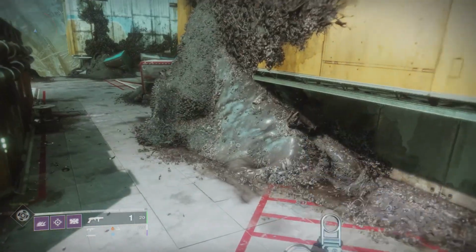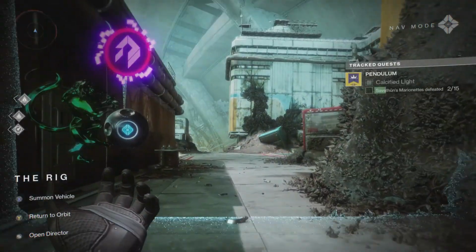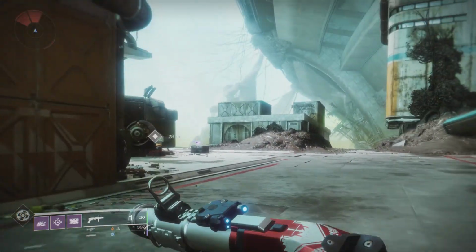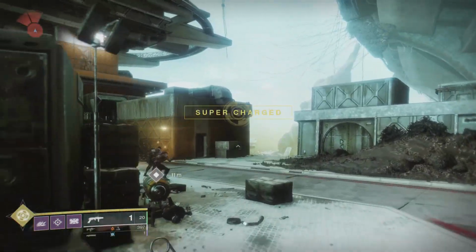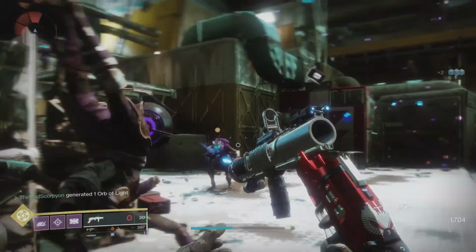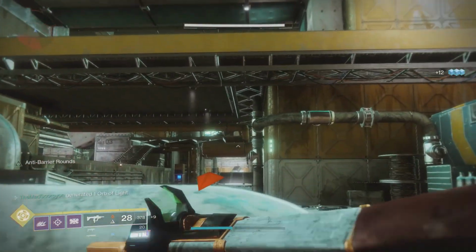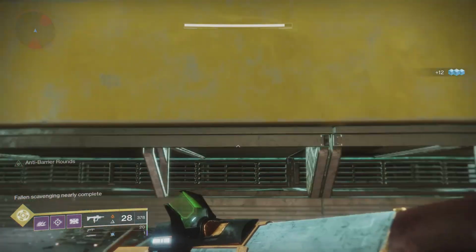Alrighty, fresh off of gathering all calcified fragments, as you just watched me do it. I instinctively said fragments, even though it's calcified light. So the next step would logically be, well, I don't think I need to even say it, but the next step would be going after the marionettes of Savathun, which are essentially